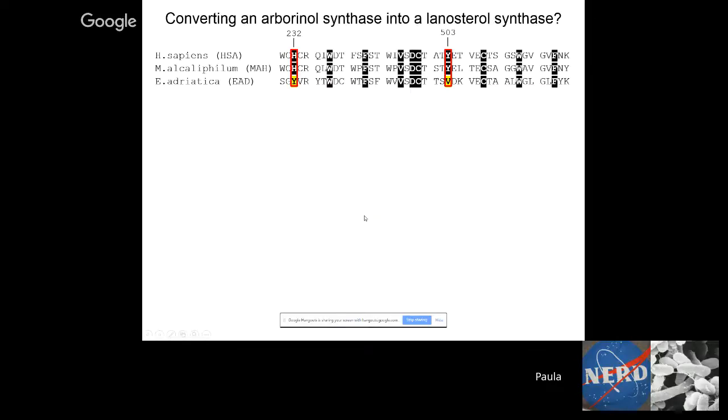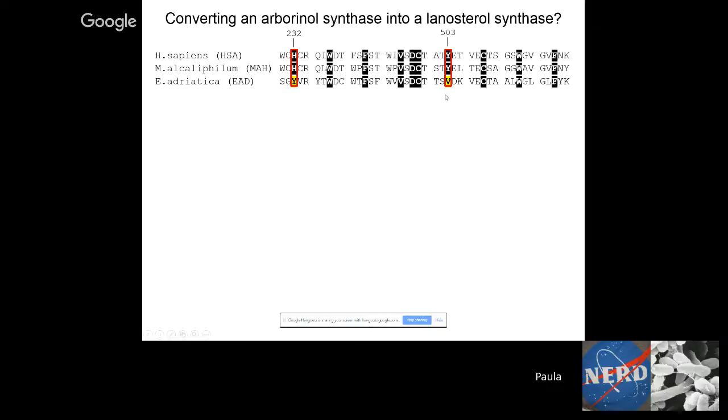And I'm showing you here just a truncated alignment. So this is the human oxidosqualene cyclase. This is the sterol cyclase from the methanotroph, and this is our new Eudorea cyclase. And I've highlighted a few of the residues that we know are important in sterol synthesis, in cyclizing oxidosqualene to sterol. And in particular, what stood out was that in Eudorea, this histidine was converted to a tyrosine, and this tyrosine was converted to a valine.